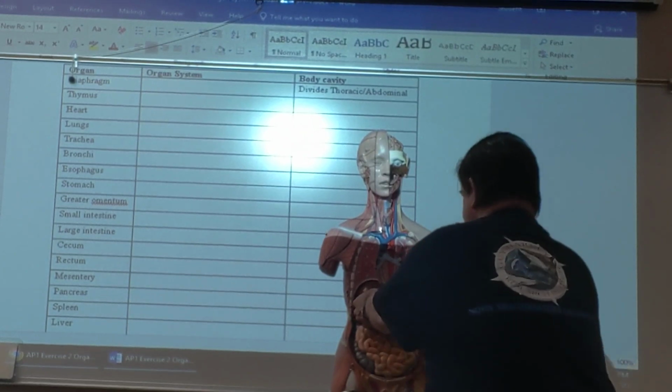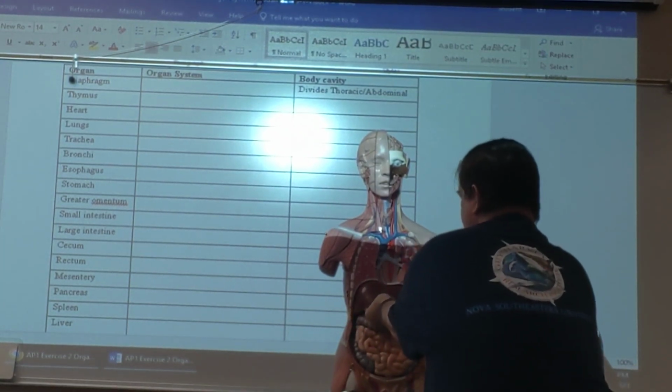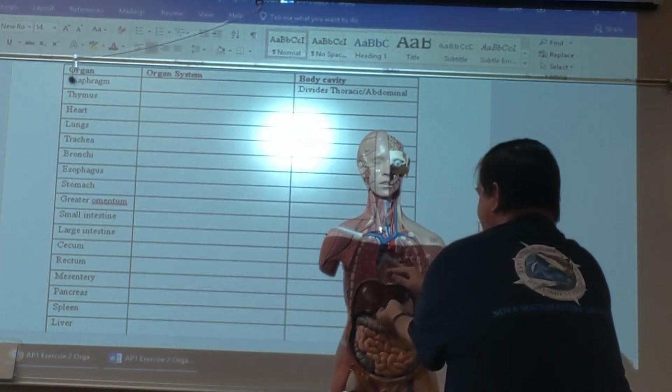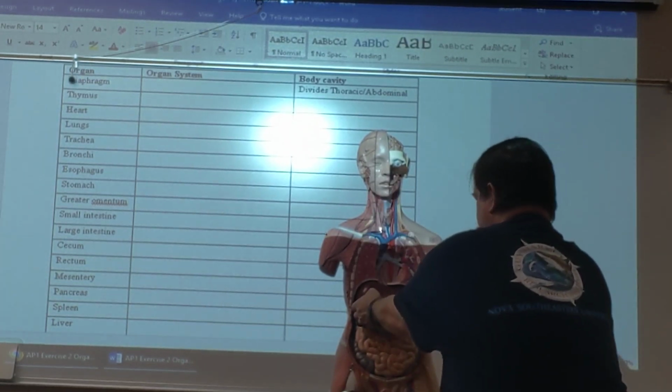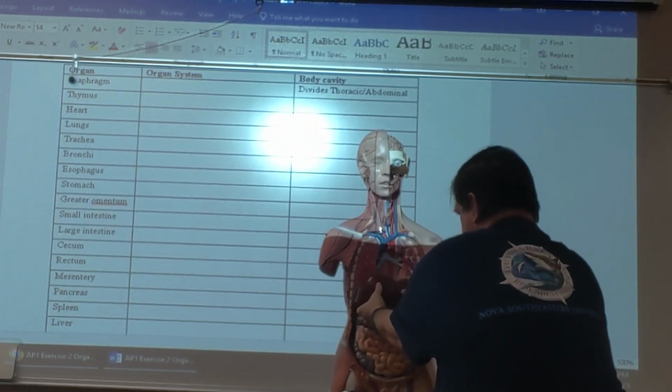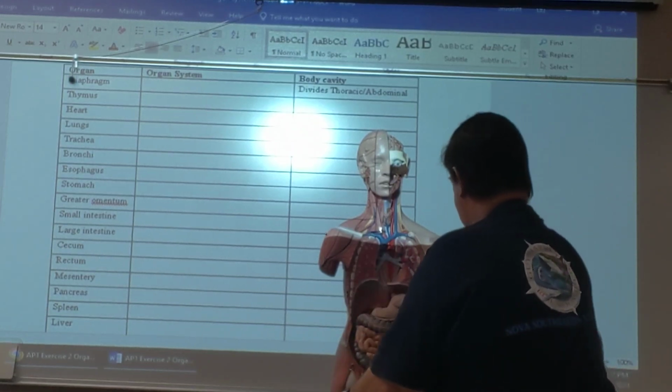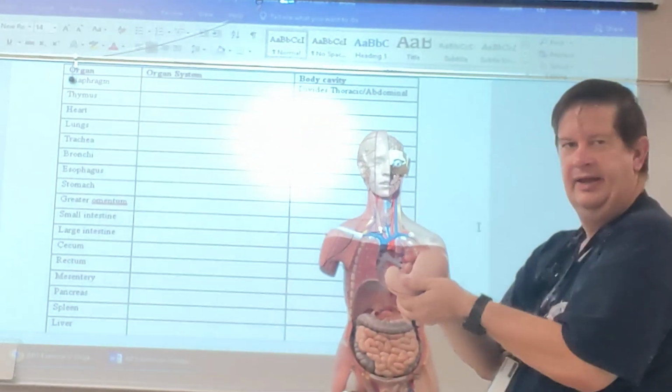Stomach, it's below the liver. So we have the lungs, we have the diaphragm, everything above the diaphragm is thorax, everything below is abdominopelvic. Taking the liver out so we can get to the stomach. Here's our stomach,